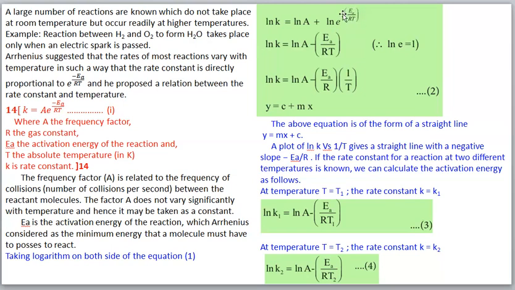Then you see the next step. We studied in lower class that log m to the power n is equal to n log m. If there are any power terms, we have to write them as a coefficient on the left side. So this power will come to the left side: minus Ea by RT. Here plus is there, plus into minus becomes minus Ea by RT.